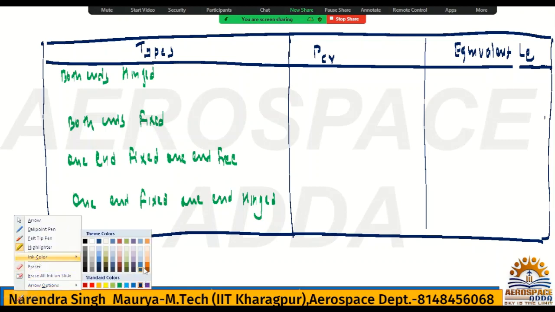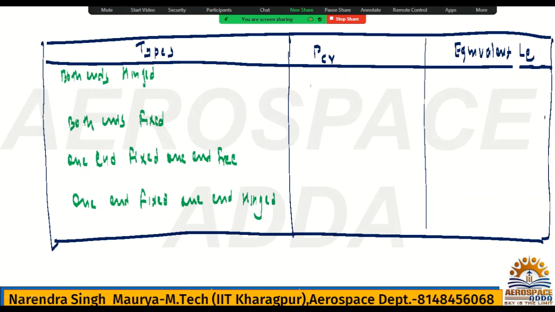Now you write all the formula. PCR, both ends are fixed, then it's pi square EI by L square. Both ends are fixed, pi square EI divided by L square. One end fixed and another end is what? Free. Then what is the formula? Pi square EI by 4L square. One end fixed, another end is what? Hinge. Then what is the formula? It's